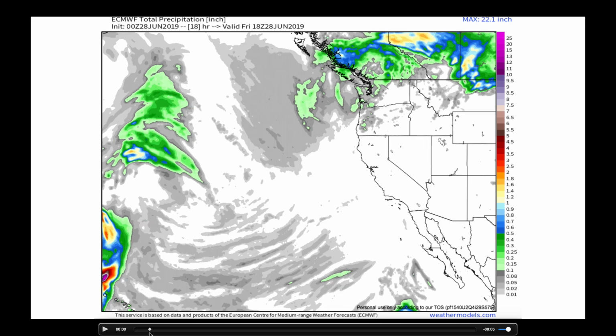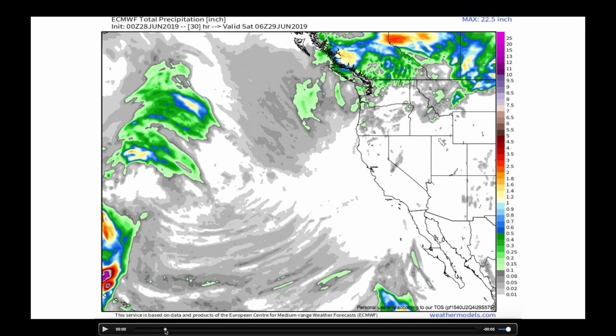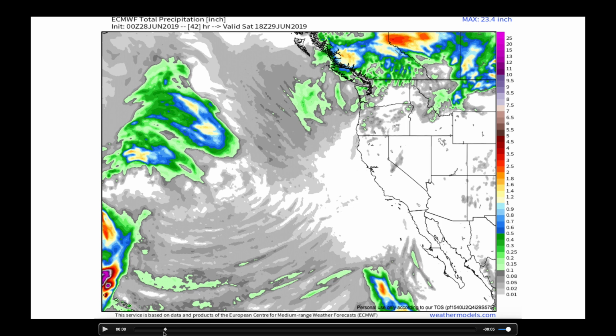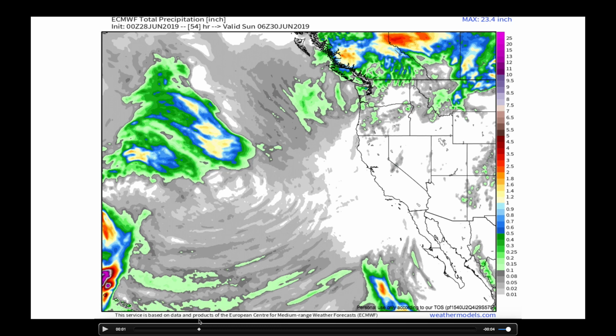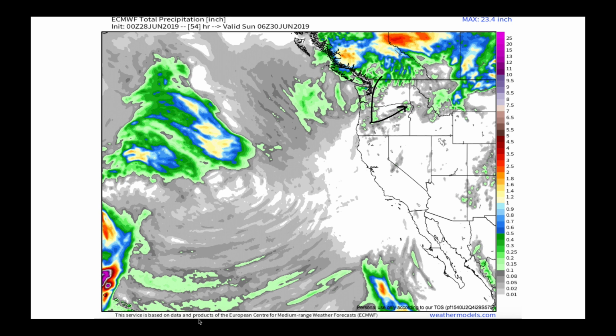Now, here we are Friday afternoon, Friday evening, into Saturday morning. So you can still see the influence over that time period of the upper level trough bringing in the precip to parts of the Pacific Northwest. And in particular, we kind of watch the mountains here, the mountains there, and then we're watching in the Rockies here for some aided lift due to the mountains there, okay? Now, as we move forward,